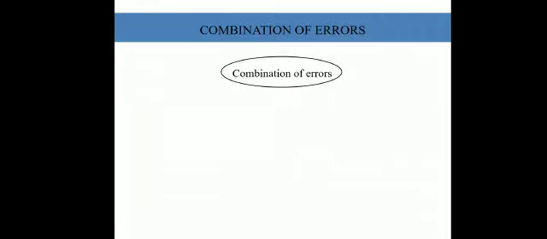We have also seen this in the previous class. A combination of errors could occur in two ways. For example, when the two values are added or subtracted. So, combination of errors when values are sum and difference. When the two values are added together or subtracted, how the errors increase and how to calculate the errors, that we will see in today's class.